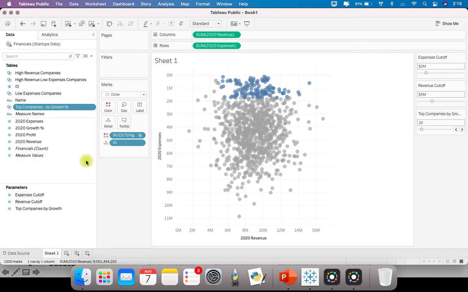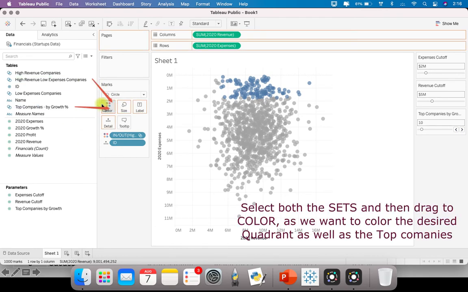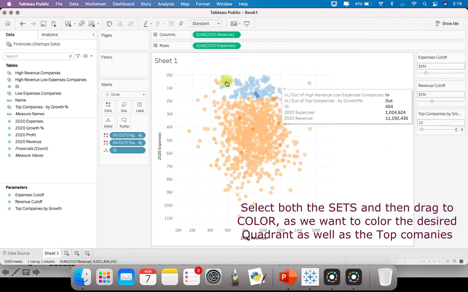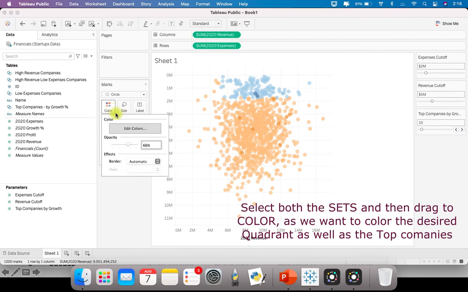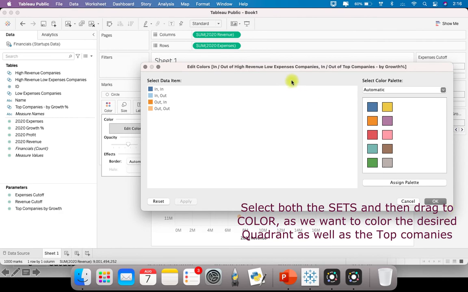Okay, now what I'll do is I want to color these also, right? So I have to select this set and then this set, and then drag them to color. Okay, now currently you see a lot of colors over here. So just go here and then edit colors. Okay, and don't get confused.